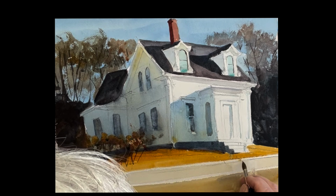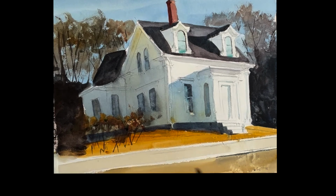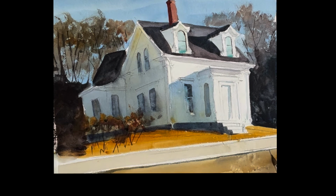Right, I'm not going to bother with all the pickets in the fence, I don't want all that detail down there. I don't want the attention to be on the fence. You notice, as I said before, I have a nice diagonal on the fence so that when you look at it, your eye goes right up towards the house and around. So I'm just going to put enough into that fence, but not too much,